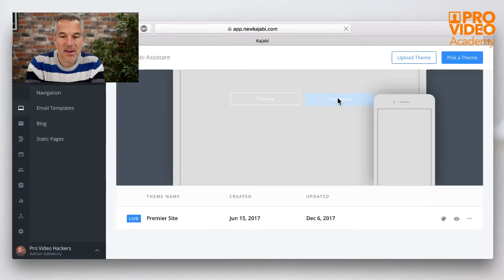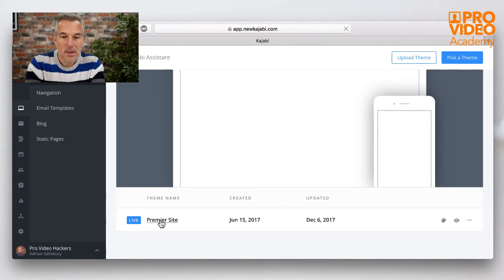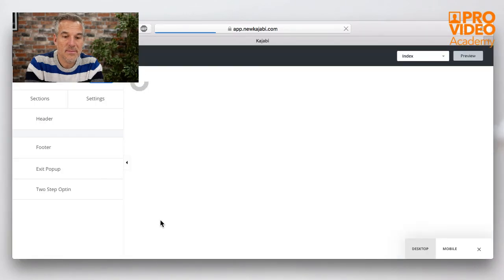And then when we go into the site, what we have at the top of any page, whether you're doing a landing page or the index page, the home page for your website, the top element will be header, and you choose to tick whether you want it on or not. So this, as you see, is my index coming in, and right at the top there is my header.